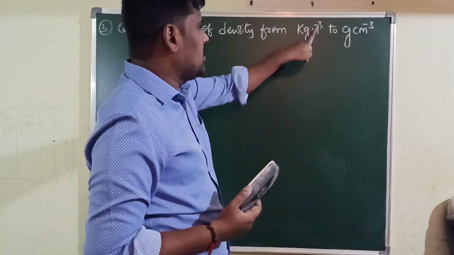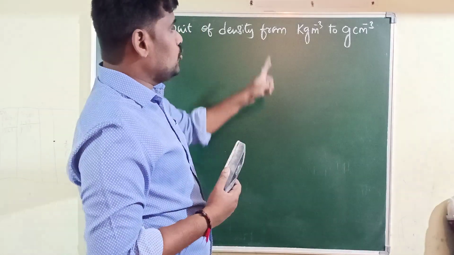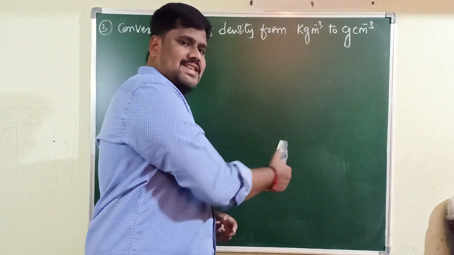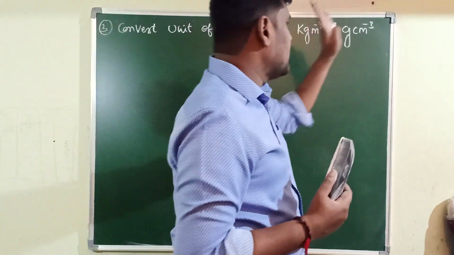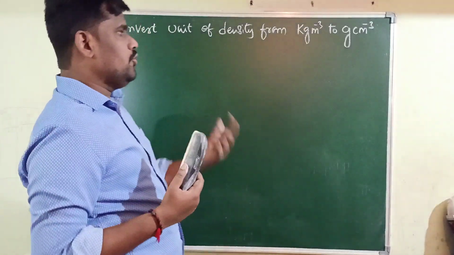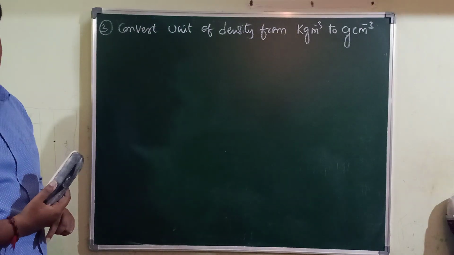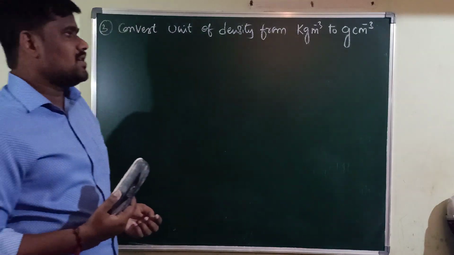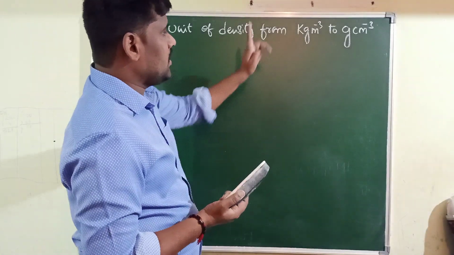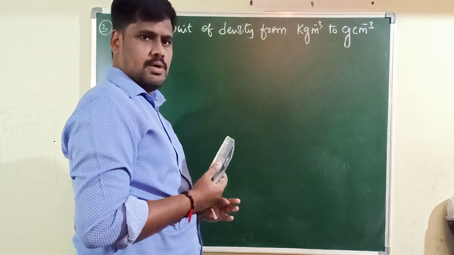What is kg per meter cube? It is the unit of density in SI system. Gram per centimeter cube is a unit of the same density in which system? CGS system. They are asking you to convert from kg per meter cube